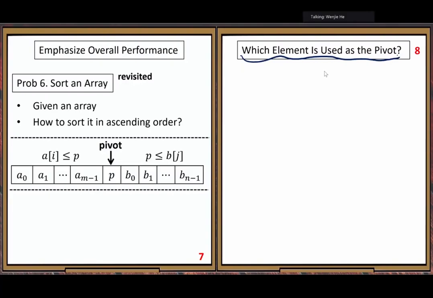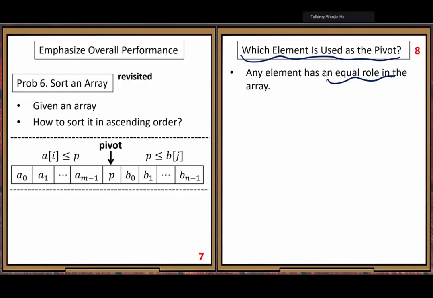So under this assumption, no information about your data, which element should you choose as the pivot element? The answer is, any element has an equal role in the array, no preference.